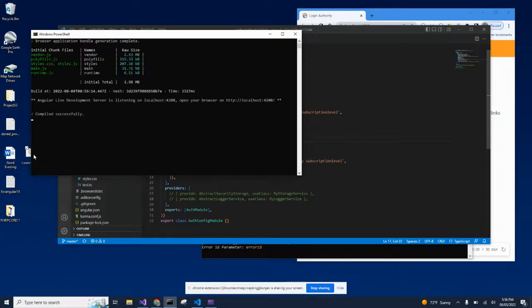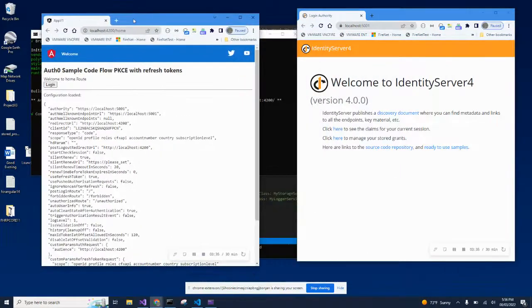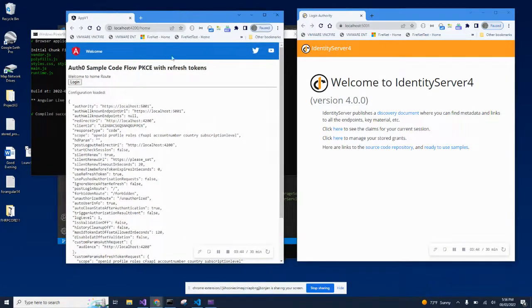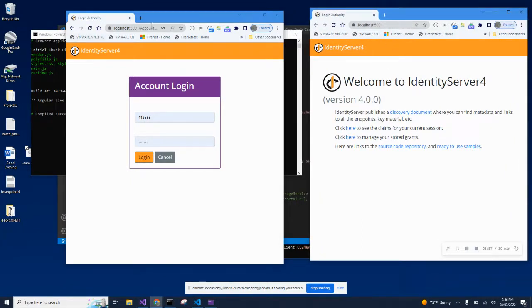Angular is doing its magic to build the app, and here is my app. Here you have your SPA, your single page application, which Angular is all about, and it's all component based. And let me go ahead and click the login. When you click the login, the front channel handoff occurs, and the login screen appears, which is the authority. Usually this is for development, but this identity server would be hosted on a server, Azure or somewhere, wherever it's hosted. So this page comes up, which is the login screen from the Identity Server 4,